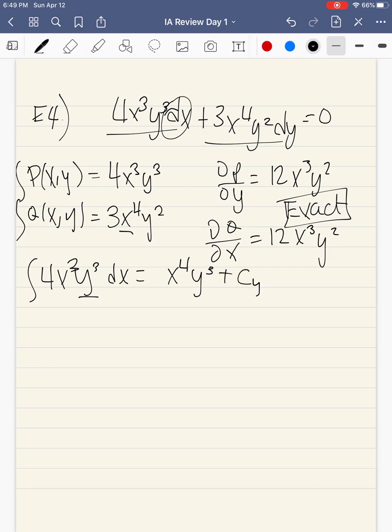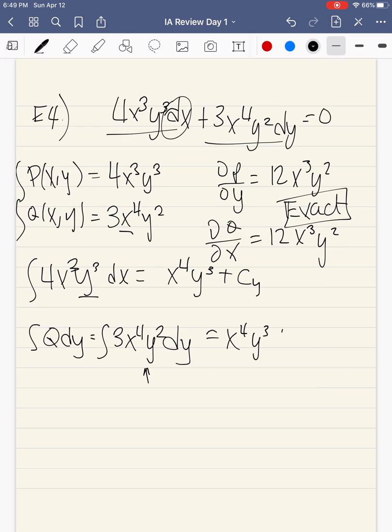So I could have some sort of function of y here that is not present, that was left behind. And now if I integrate q with respect to y, I have the integral of 3x to the fourth y squared dy. If I integrate y squared, I'll get y cubed over 3. Again, the same phenomenon is going on where my 3 cancels out with the integral of my y term. So I'm just left with x to the fourth y to the third